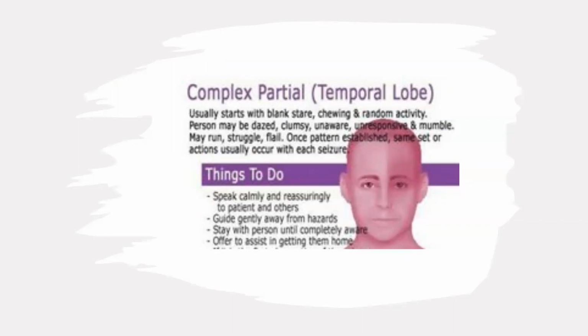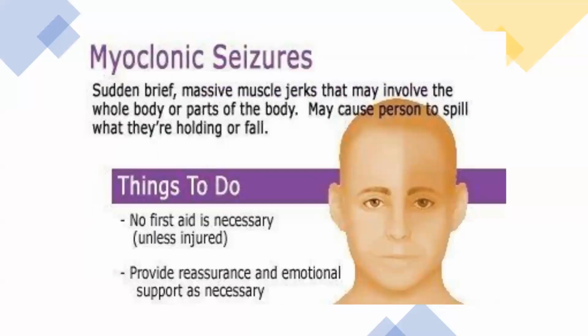What should we do? Speak calmly and reassuringly to the patient and others at that time. Guide them gently away from hazards and stay with the person until completely aware, and offer to assist in getting them home. Next is myoclonic seizures: sudden, brief, massive muscle jerks that may involve the whole body or